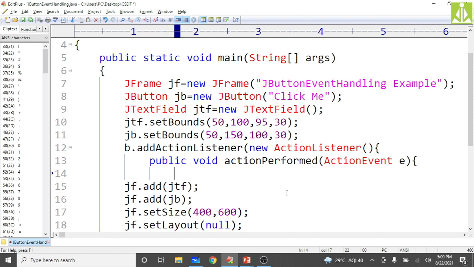In my program I want to change the text, JTF dot setText equals, I want to make it as "welcome to swing event handling".